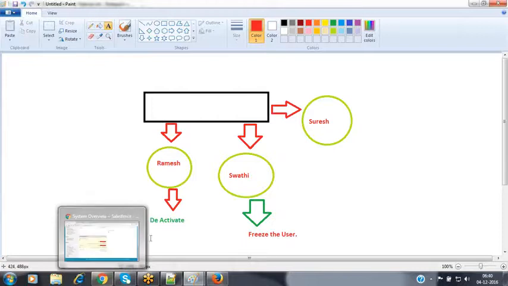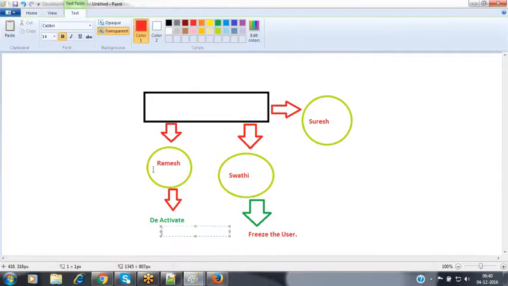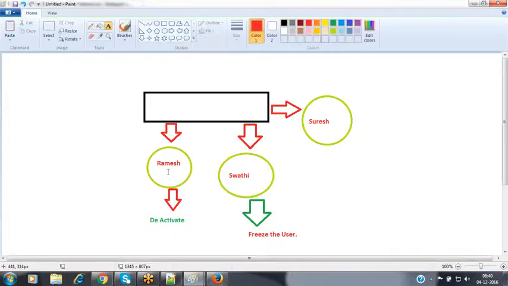Let's observe this one. Deactivation means this person is going to be completely relieved from our organization. For example, whenever Ramesh has joined my company, as part of our project requirement, we have allocated a laptop to him. He is using our company laptop. We have assigned our company ID card, our company access card. We have given a mobile also to him for on-call support. So many resources we have given to him.